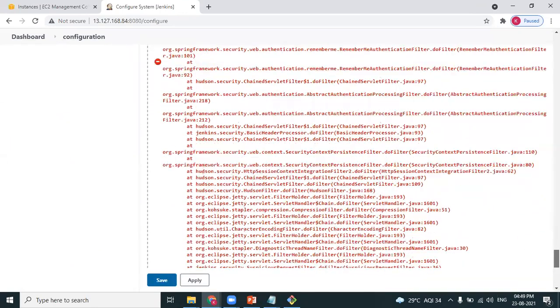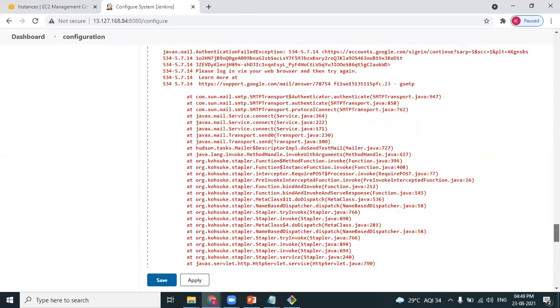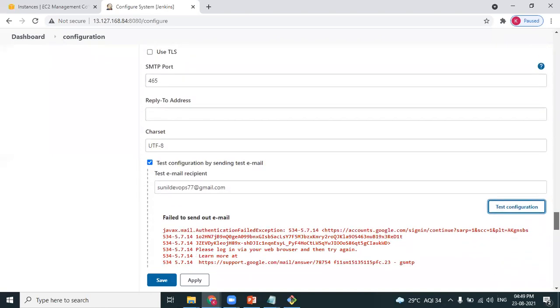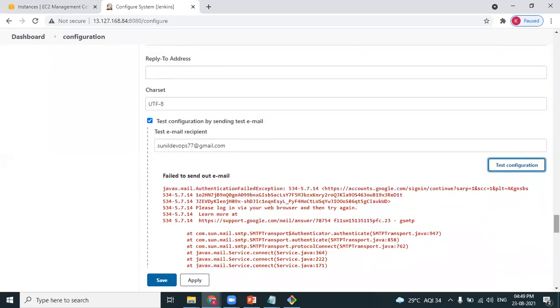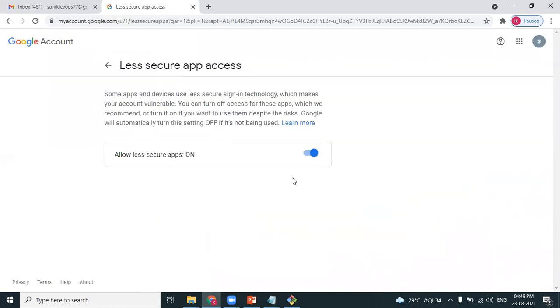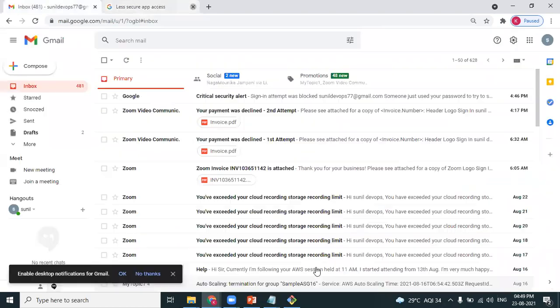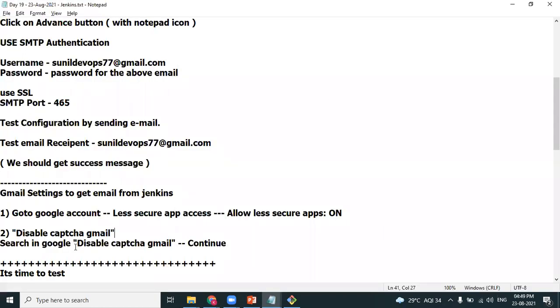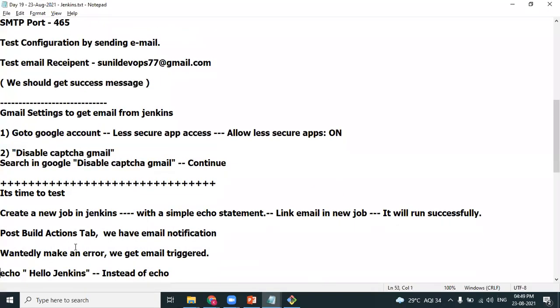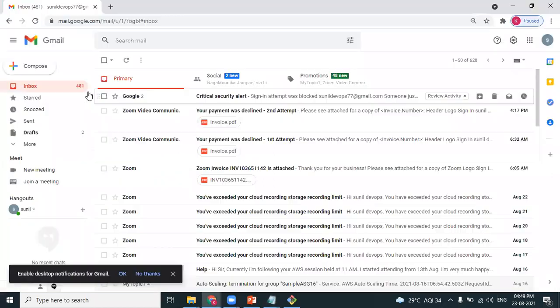We should be able to get this one. It will take some time for this to get updated. I will try one more time, testing by sending an email.